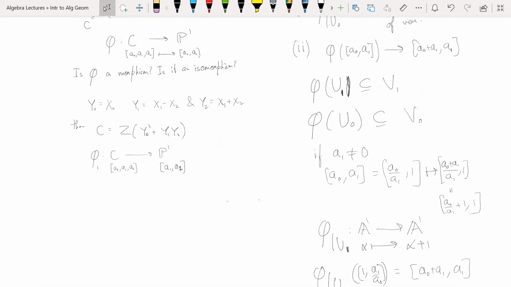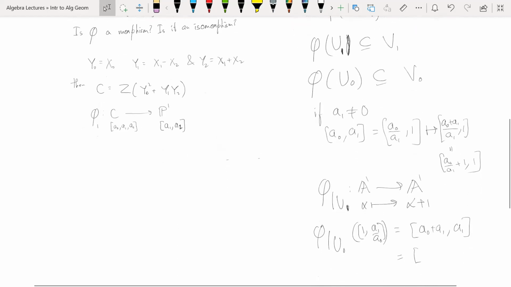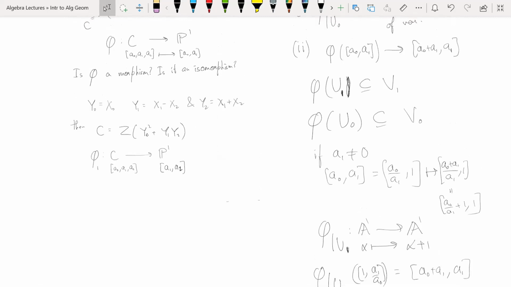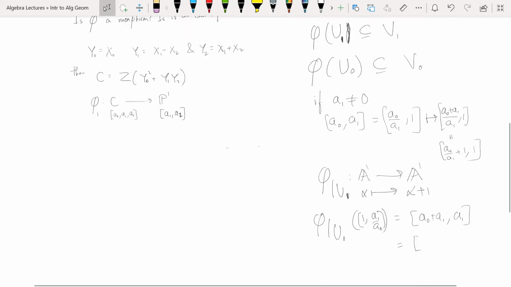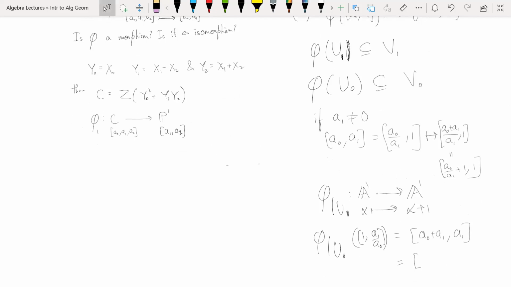X naught plus x1 not equal to 0, if you use that. Maybe that is the homogeneous condition, that is what I should take. So those two will also cover. So instead of taking u0, x naught not equal to 0, I should take,